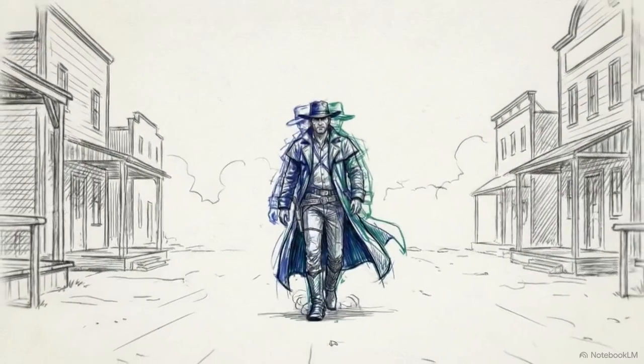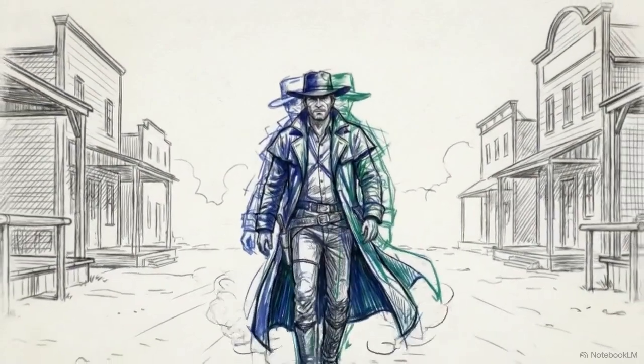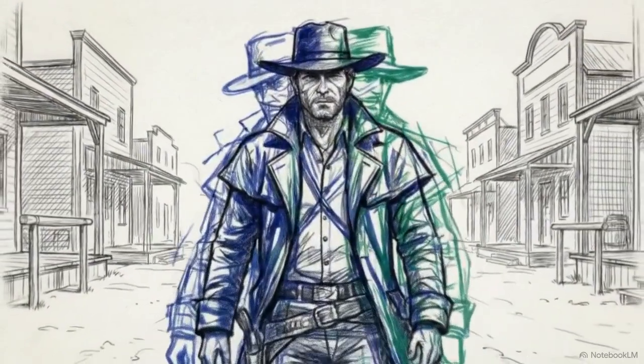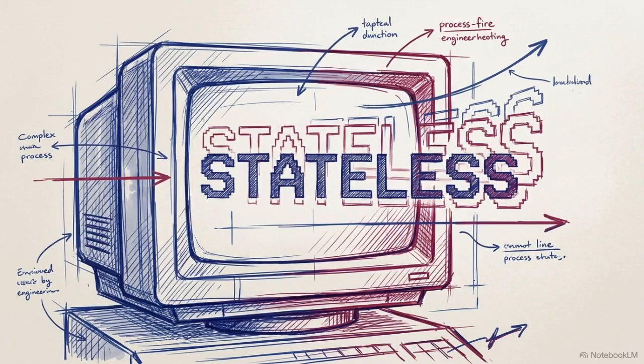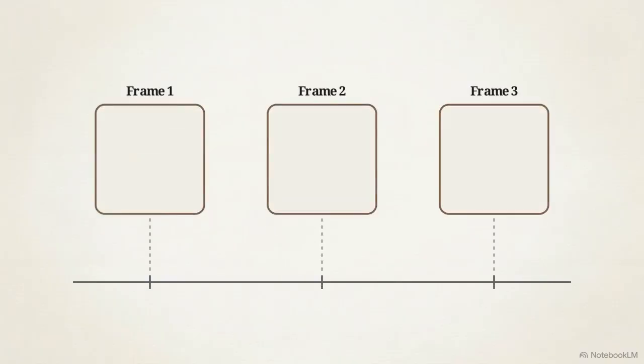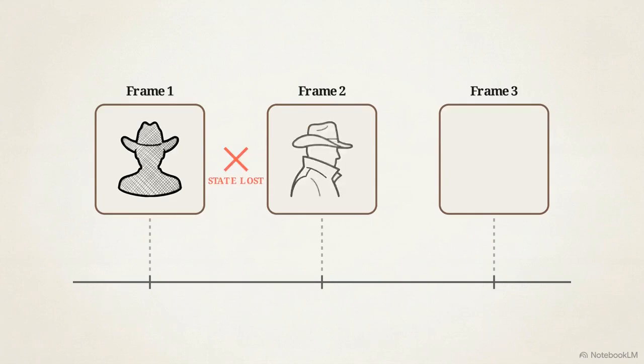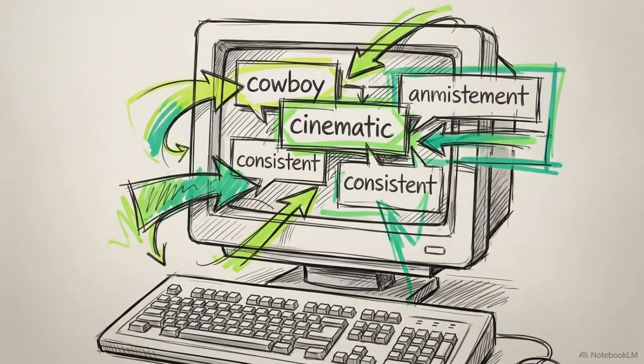Look at this footage. A cowboy walks across the frame, but his coat shifts, his hat changes, and his face melts into another person. This happens because standard generative models are stateless. When a text-to-video model renders a sequence, it has no inherent memory of the frame it just created, let alone the physical geometry of the scene or the passage of time. You cannot solve this visual drift by writing a more detailed prompt.